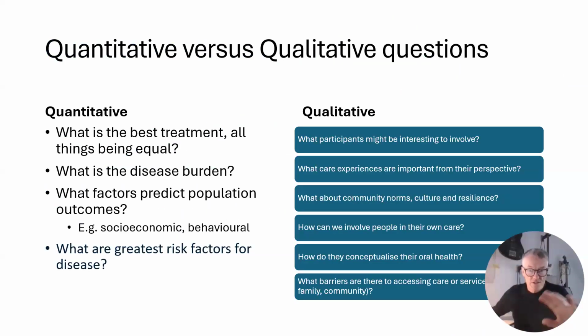We'll provide these slides so you can look at these questions in your own time. But generally, quantitative is good for prediction and comparison, for making definitive decisions, for example, to drive treatment guidelines or to drive the use of scarce resources. Qualitative is good for process. How do people experience care? It's good for going back to foundational principles. What does oral health even mean to people? And it's good for complexity, for addressing really complex